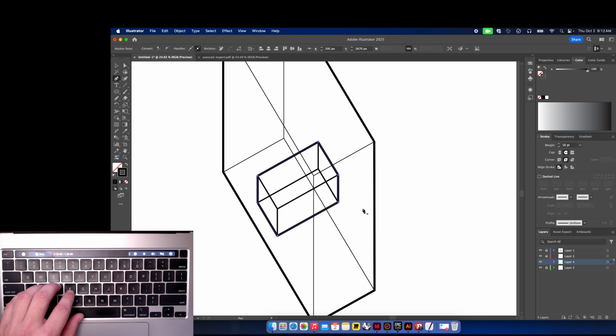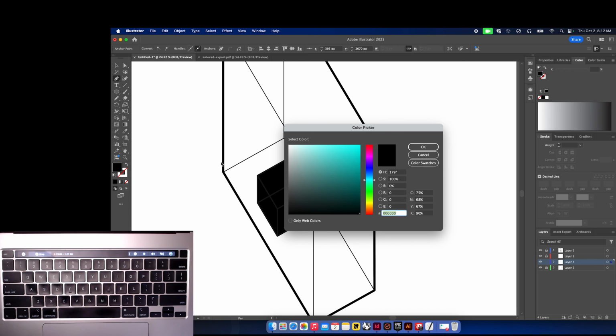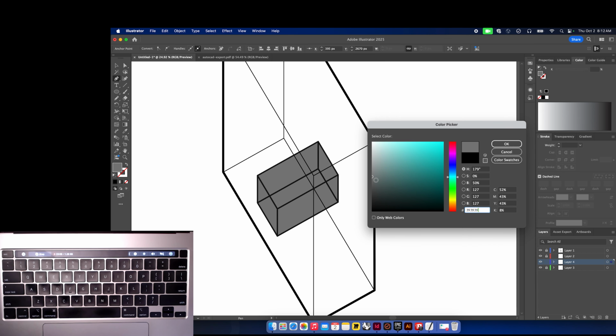Cool. For the fill of this, we're going to do no stroke. I don't know if people have caught on to this: this is your stroke color, meaning the line color. This is your fill color, meaning the fill of the thing. So you can pick a nice,